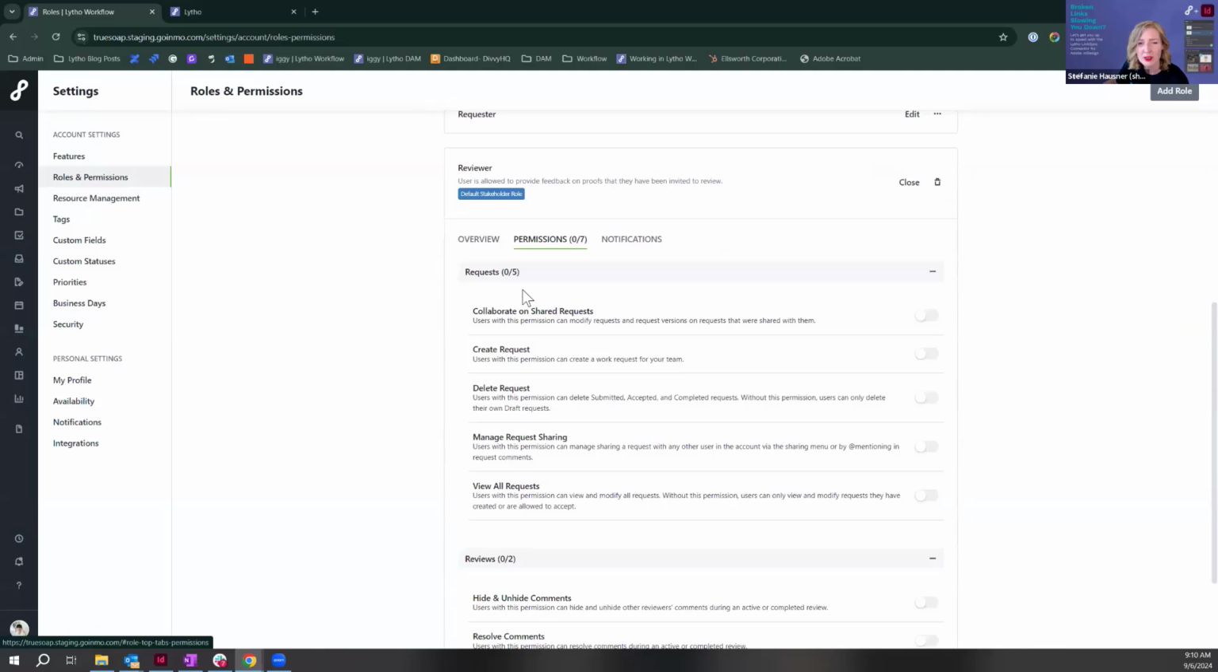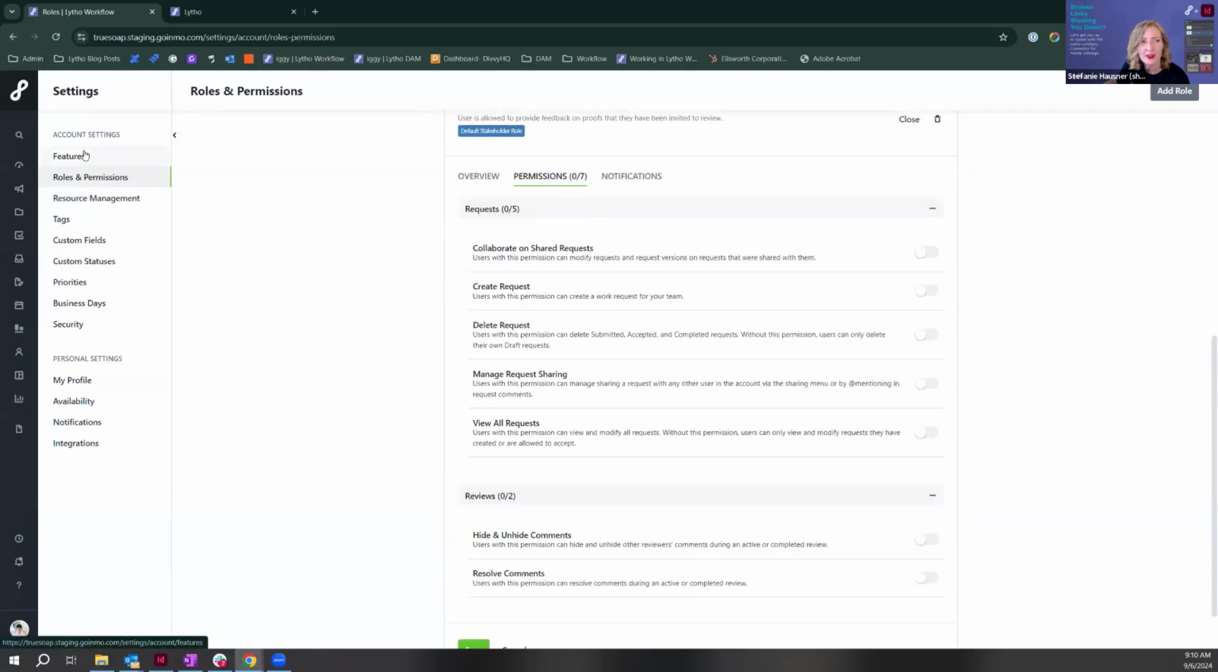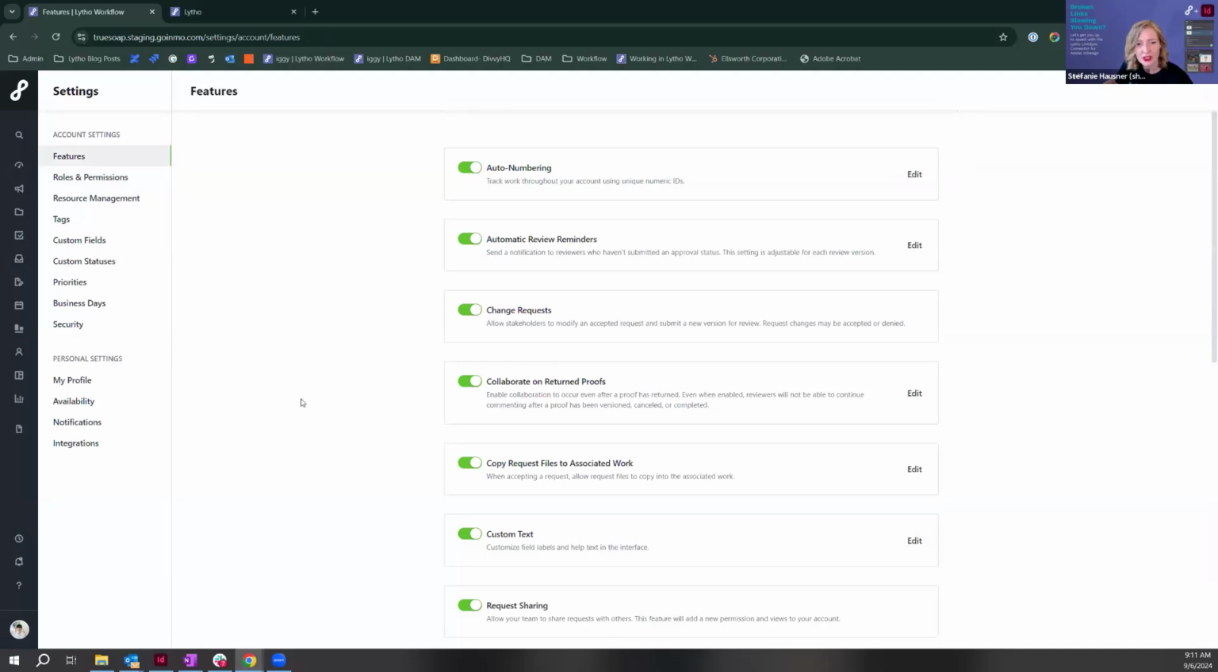So manage request sharing. It depends on whether or not you've got this toggled on for those users. So that users with this permission can manage a request with any other user in the account by sharing the menu or at mentioning in the request comments. That's how you would share the request itself. I think you're talking about sharing the custom view though. So if you've got that turned on in your features,